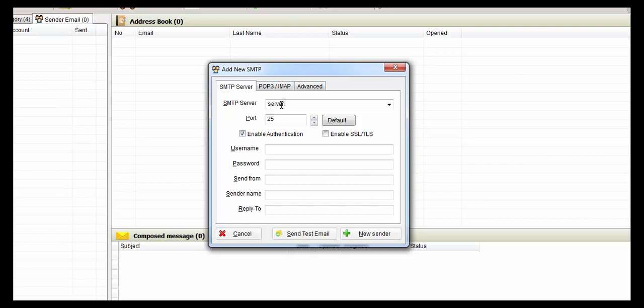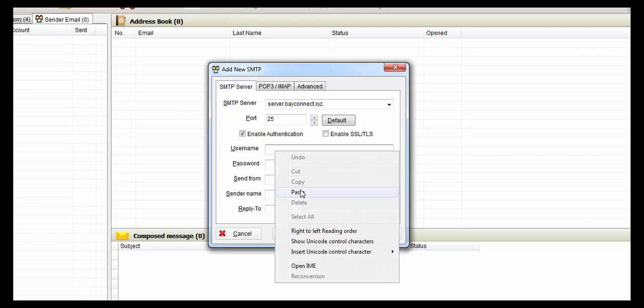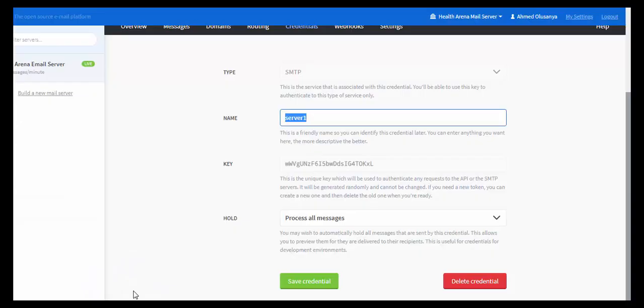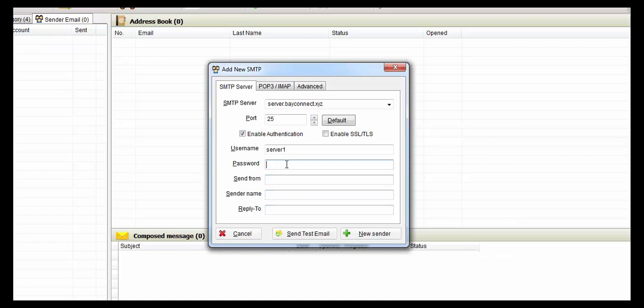Once we configure the VPS server, this is the server that came with it. Then port 25, enable authentication. The username is server 1. Then the password is the same thing as this key. Just copy this key, go back to the password, paste, and for send from, you can put any mail,